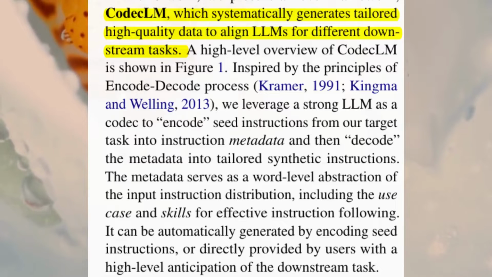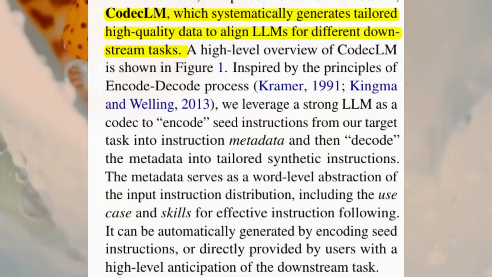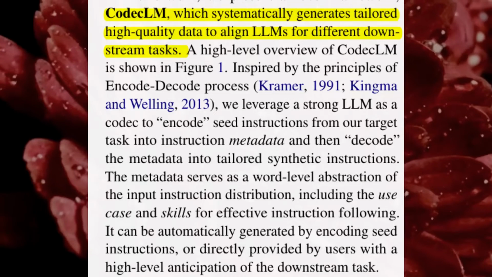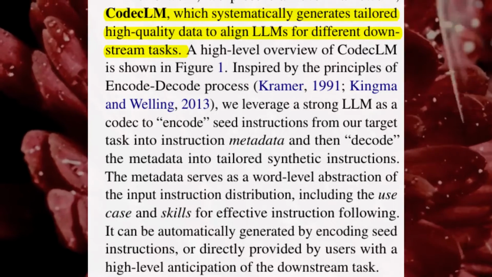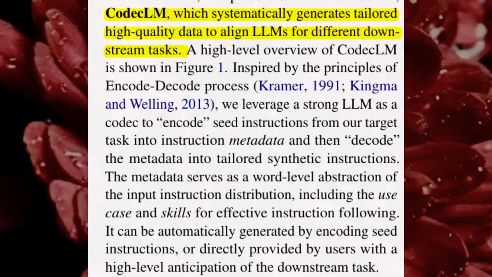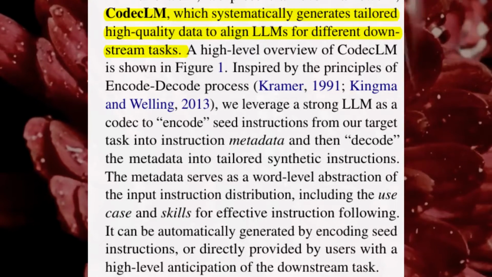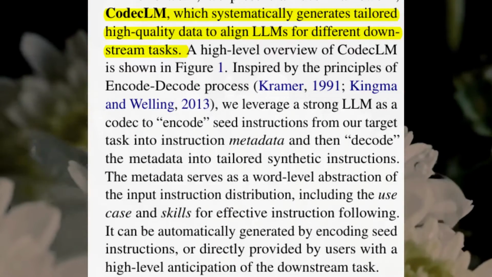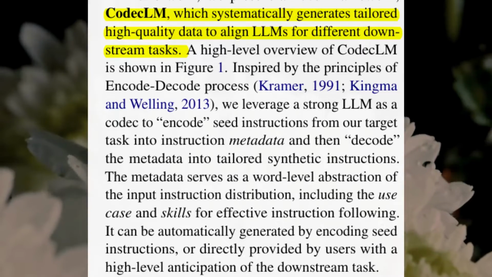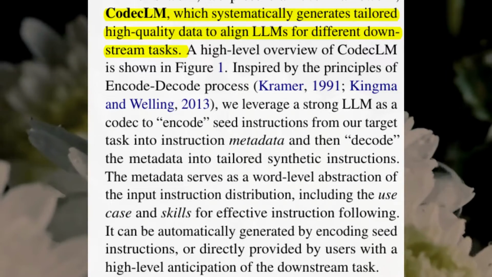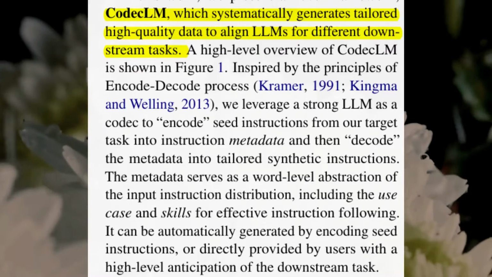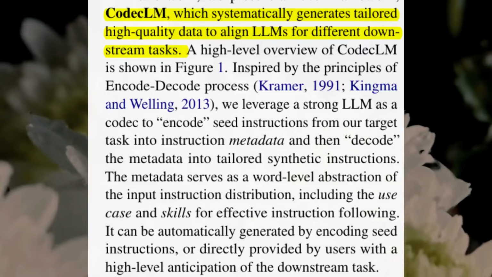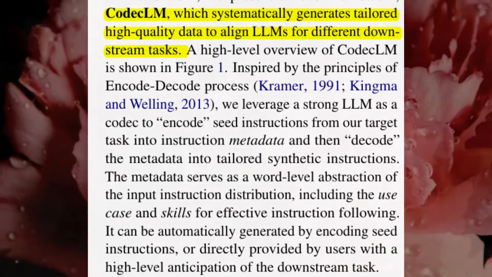For example, for the use case, business plan development, and the skills, market research and planning, the rubric might emphasize the need for competitor analysis and financial projections. Action generation. Based on these rubrics, the LLM generates corresponding actions to increase the complexity of the basic instructions. These actions are specific and relevant to the domain, unlike generic human-crafted rules. In our example, actions could include add SWOT analysis or compare with market competitors. This process allows for generating instructions that are challenging and specific to the target task, leading to more effective LLM